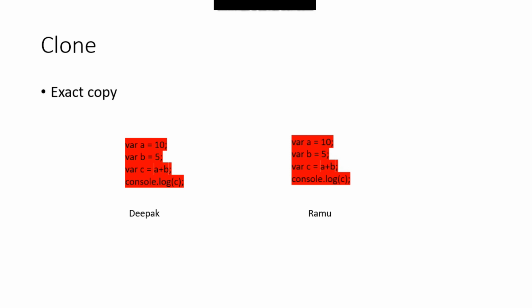Now Ramu has the entire code which is available in the repository. Now Ramu is going to work on his own individual task. For example, Ramu's task is to change b is equal to 5 to b is equal to 10. So he will do the modifications in his local system. It looks something like this. So he is going to change b is equal to 5 to b is equal to 10.